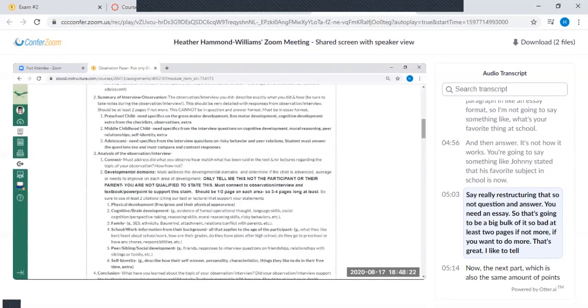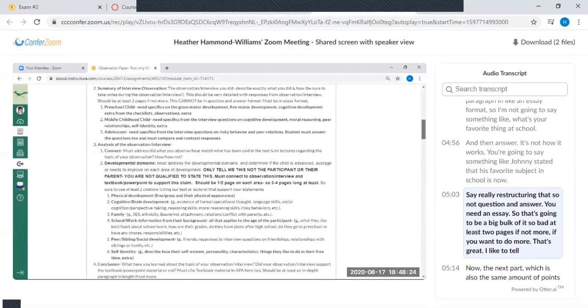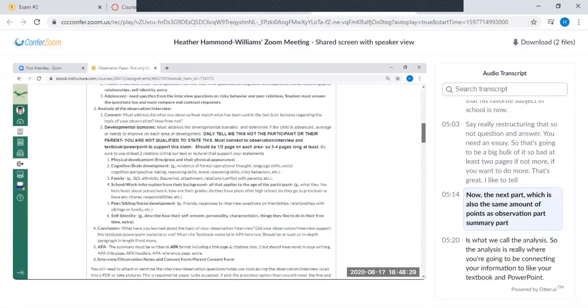So that's going to be a big bulk of it, at least 2 pages, if not more. If you want to do more, that's great. I like detail. Now the next part, which is worth the same amount of points as the observation summary part,